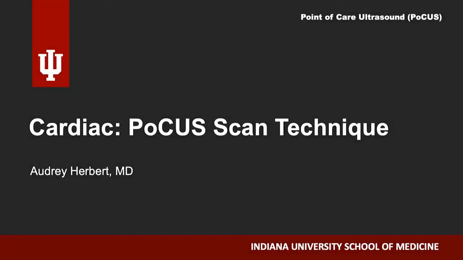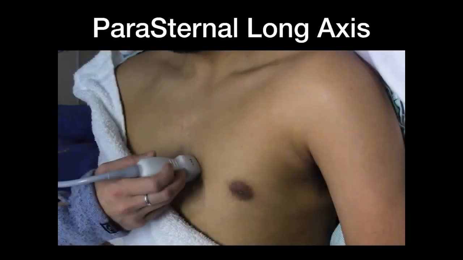Hi, I'm Audrey Herbert. In this section, we'll be discussing scanning techniques for the point-of-care cardiac ultrasound. For the parasternal long axis view, as you can see imaged here, we will be using the phased array probe. If you are using the handheld ultrasounds, both the Lumify or the butterfly probes will work to obtain the cardiac